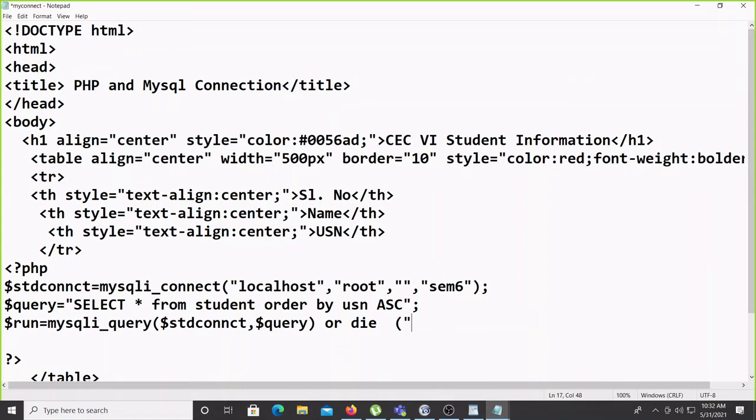Any user defined message you can write. I am writing here, oh my god, no output. This also you can write, no output.